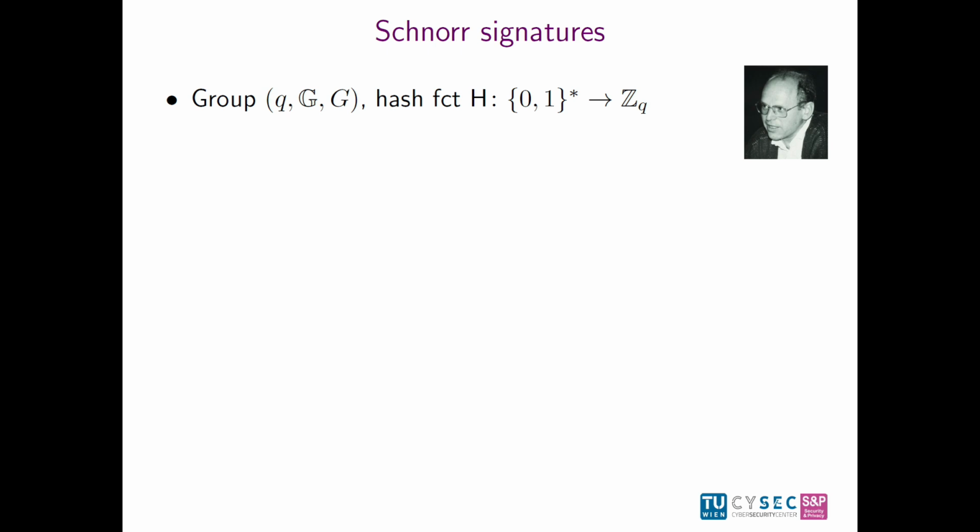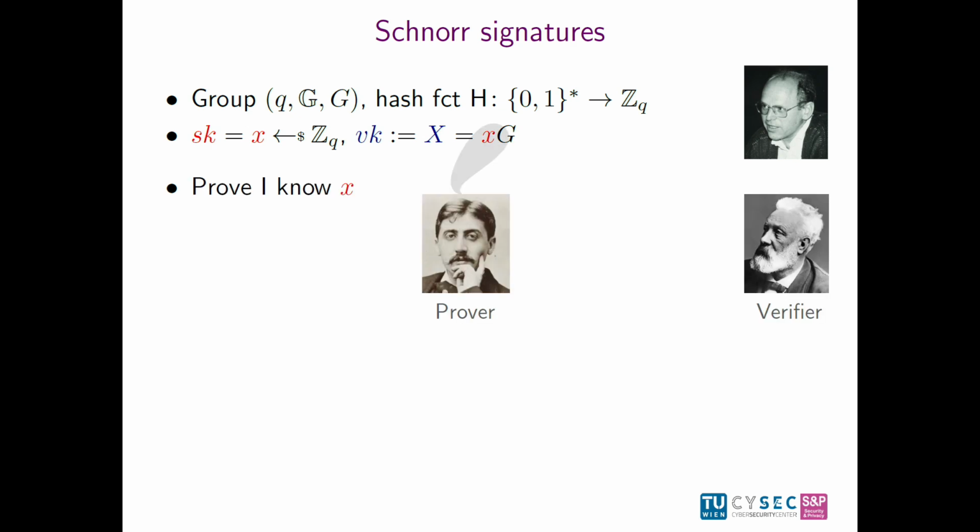Okay, so we've seen Schnorr signatures. We have a group, a hash function that maps into Z_q. Secret keys are from Z_q. Public keys are of the form little x times g. So I also use additive notation like everyone else in this session. And to explain signing, it's actually instructive to look at what it was derived from, which is the Schnorr identification